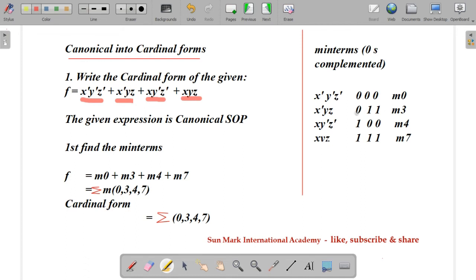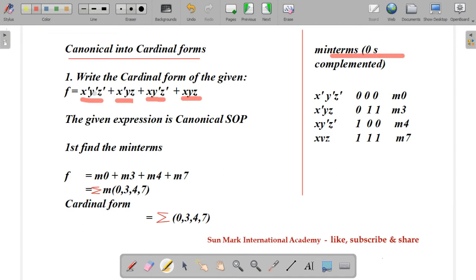So it is an SOP. Next we have to find the min term's designation number, or the decimal number corresponding to the min term or max term. Here it's a min term. So we have to remember one more point. In a min term, if the value of a variable is 0, then we have to write the complement of the variable. So that rule you have to remember.